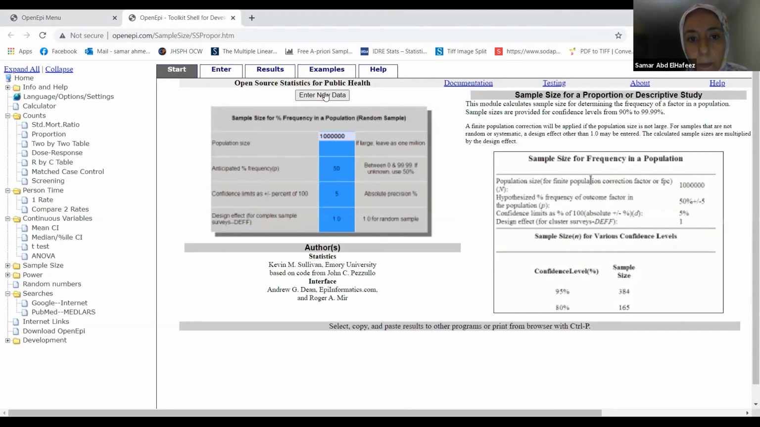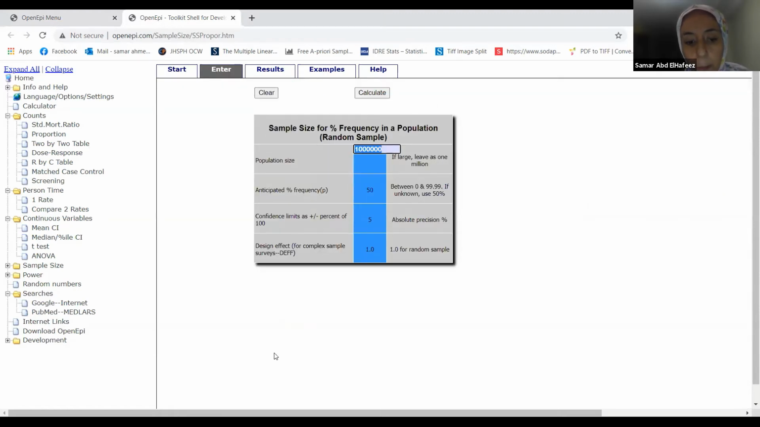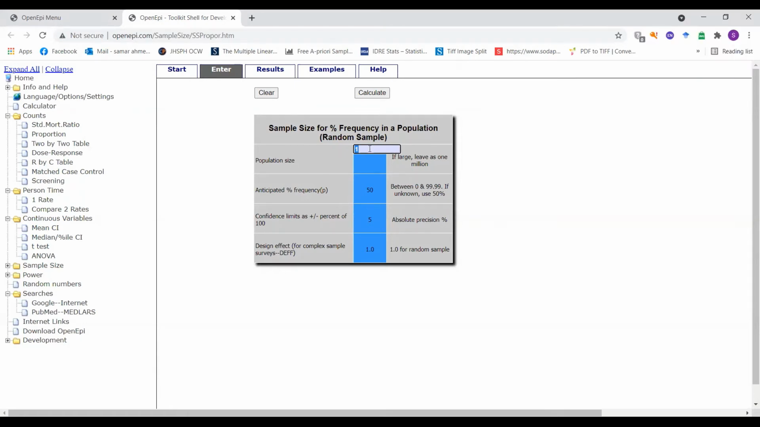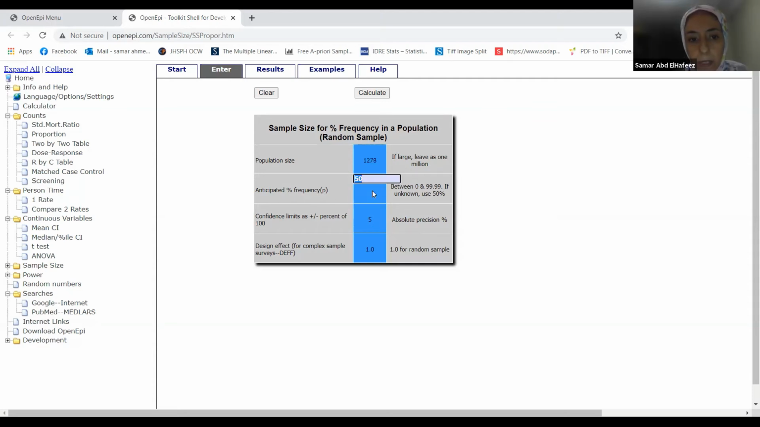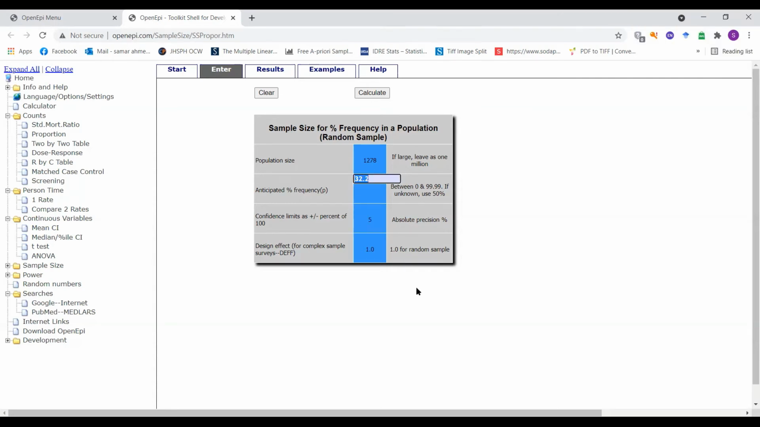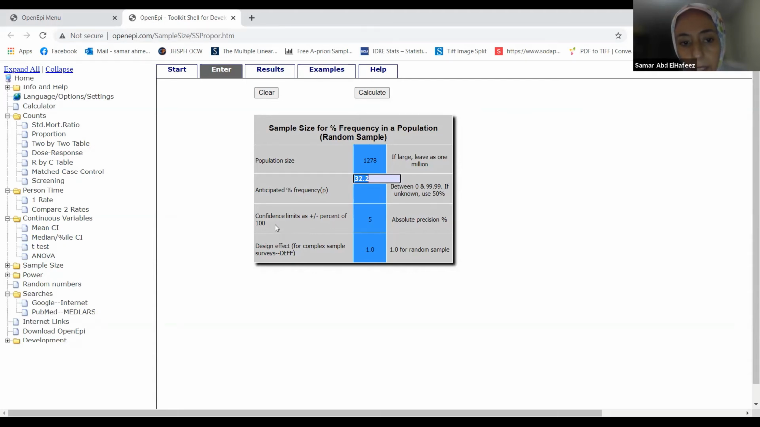Now I will have this window, enter new data. What's the population size? It was 1,278. Okay. What's the prevalence? It's 32.3. Okay. The confidence limit is the complement of the confidence level. So I have the confidence level of 95%, so the limit is 5. It's the default. And the design effect, keep it as 1 as long as you are doing your study in